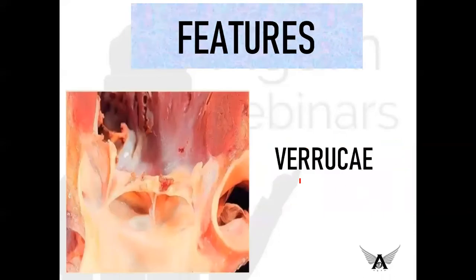Now, morphologically, the gross findings are what you are going to see. I told you it will mostly involve the mitral valve, but in some cases it can involve the aortic valve also. And please remember, in this rheumatic disease there is going to be fibrinoid necrosis and a myocardial lesion. You will have the myocardial lesion as well as fibrinoid necrosis taking place over the cells of the heart.